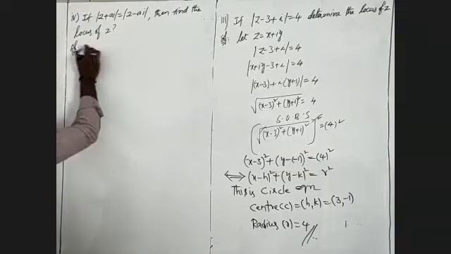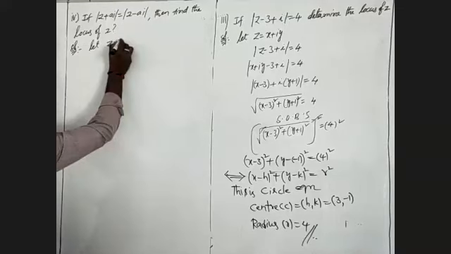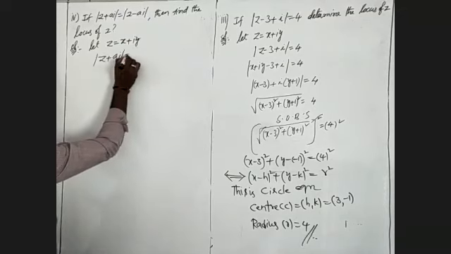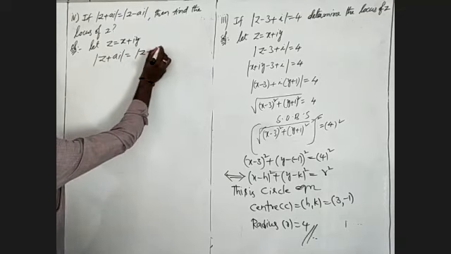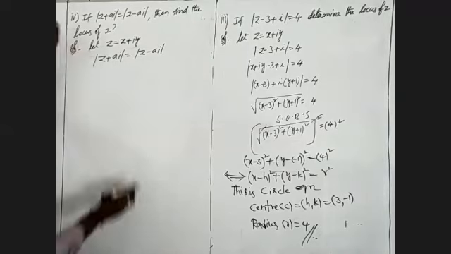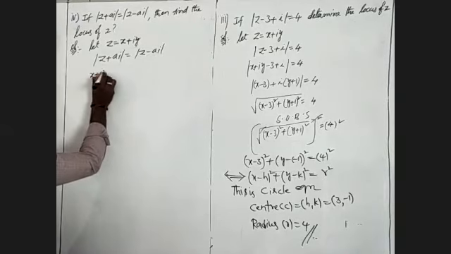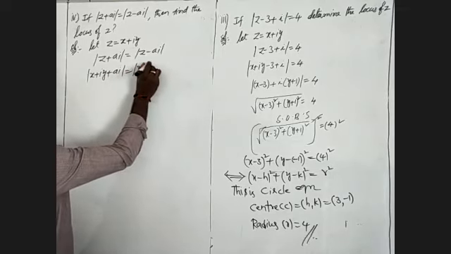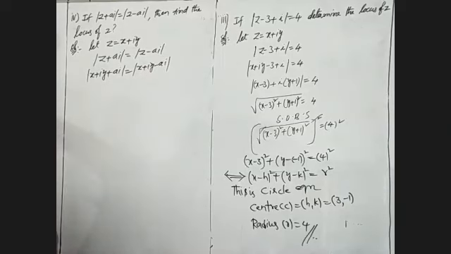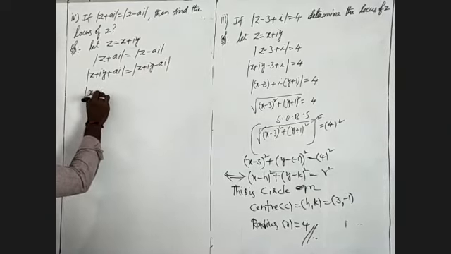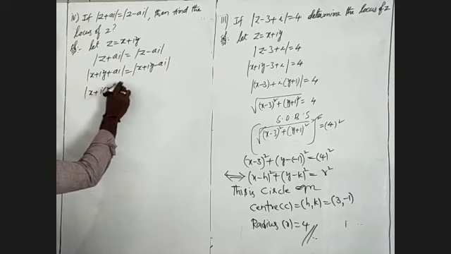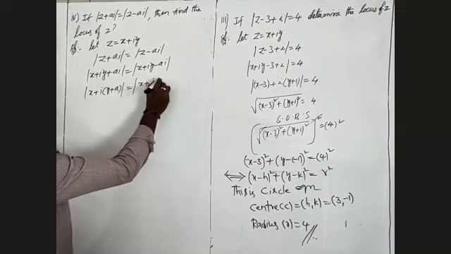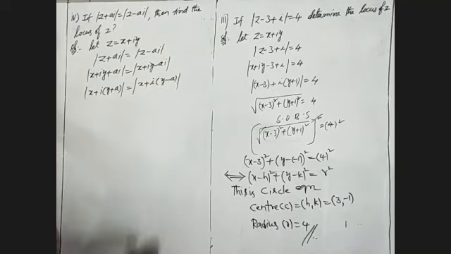First I will take a complex number. Let z be x plus iy. Here the given condition is mod of z plus ai is nothing but mod of z minus ai, where z is nothing but x plus iy. x plus iy plus ai is equal to x plus iy minus ai. Here I will take i common from the imaginary terms, remaining y plus a. After that, here x is common. I will take i common, remaining y minus a.